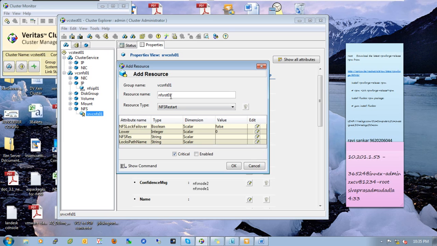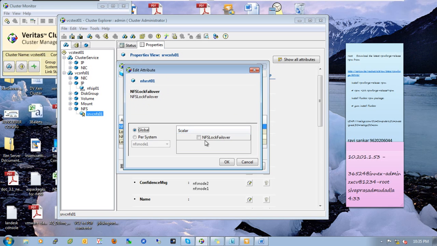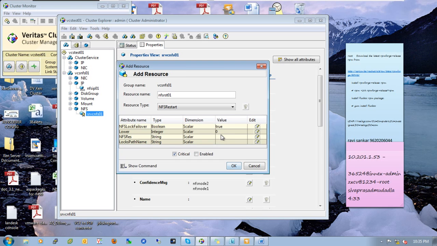NFS restart 01. Here the failover lock should be enabled, and